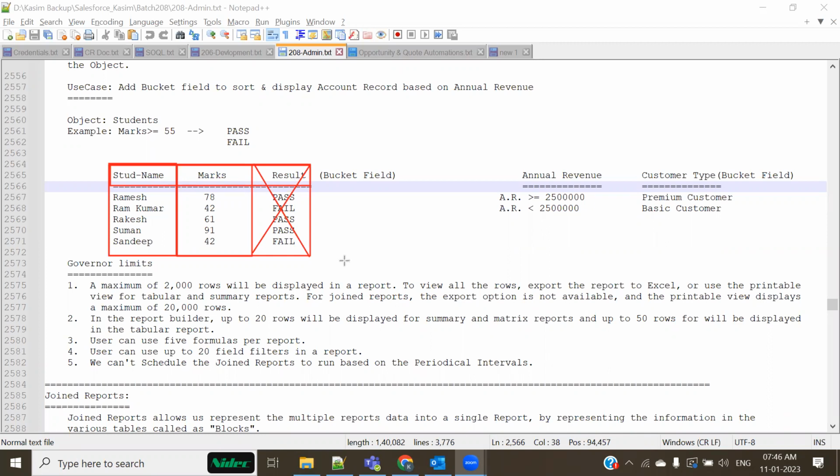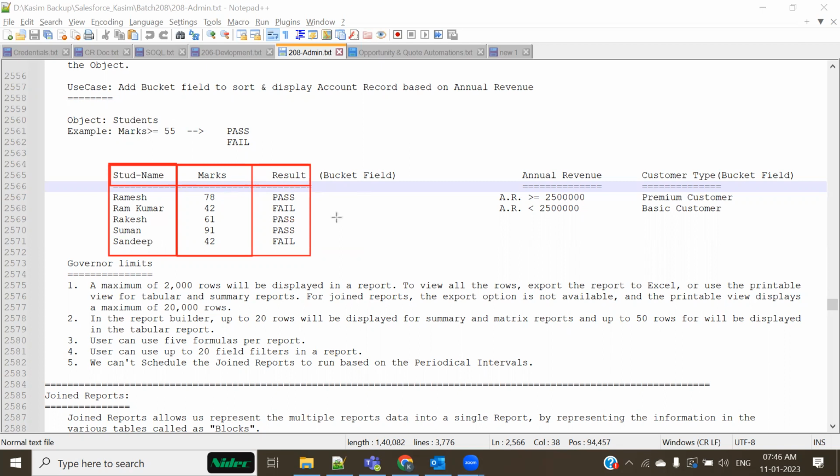This report is asking me that, based on whatever marks the student has obtained, we have to accordingly display whether he has passed or failed. And there's a criteria for that. Let's say that if the marks are greater than 55 or something, maybe that's the criteria. Based on that, we have to consider him pass or fail. So how do we add this? There are two different ways to do that.